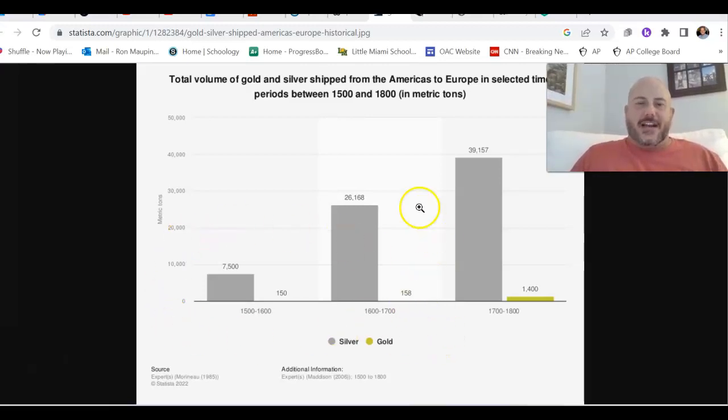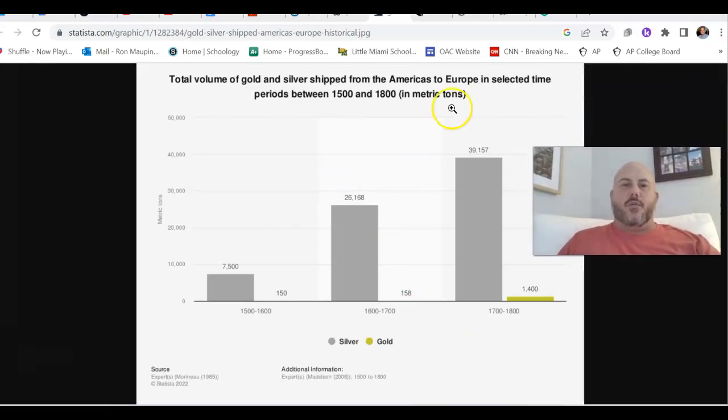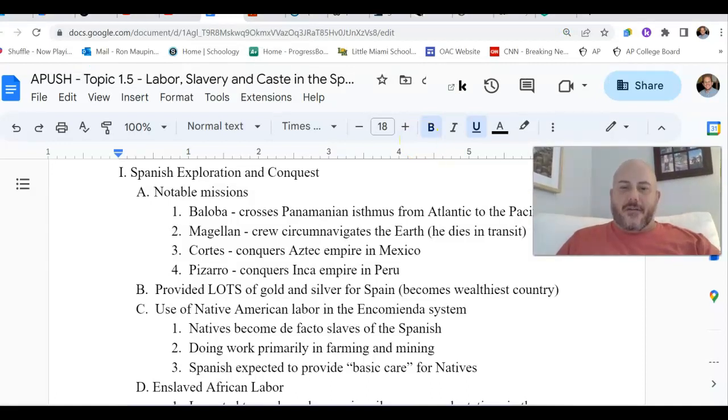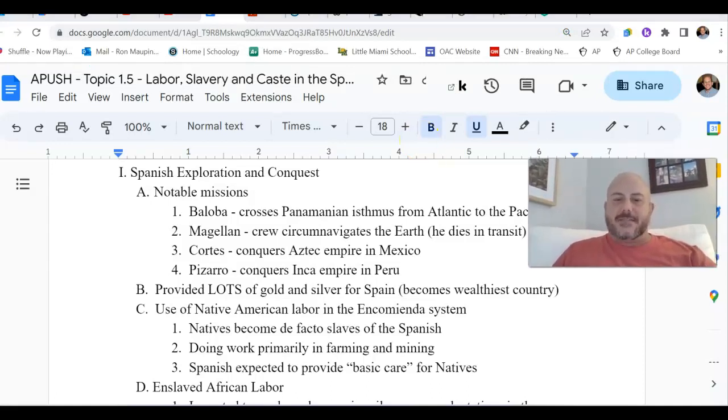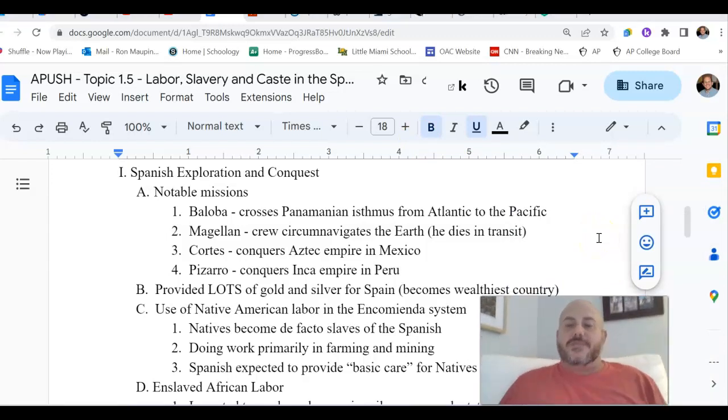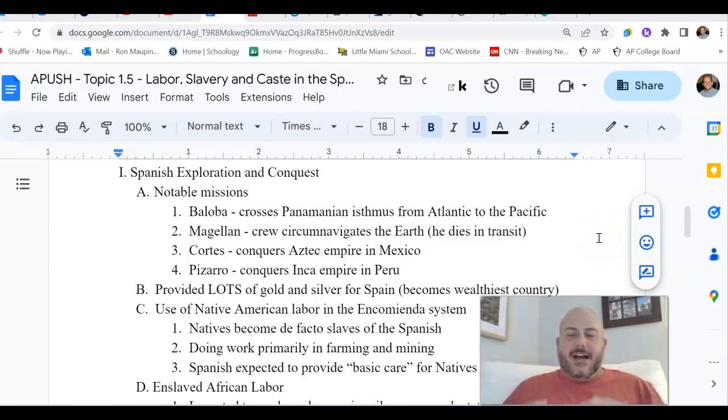And once again, especially if you're looking at the first half of this map here, you've got to understand that Spain is far and away reaping the most benefits out of this exploration endeavor. And so this is going to allow Spain, hey, early bird gets the worm, so to speak. The Spanish, because of their desire to be one of the first ones out the gate to conquer the Western Hemisphere, are going to reap the benefits of all of this wealth. They will easily become the wealthiest country on earth as a result of these endeavors.